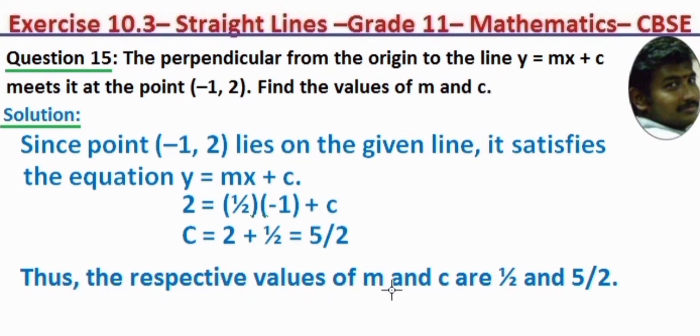Hope you understand how to solve such kind of problem. Here, by using the two given points, we have to find the slope. It said perpendicular, that's why another slope you need to find. That slope is applicable for the given equation. Then we apply that value and the given point in the general equation, and we get the required value of c also. First we get the slope and then c, the y-intercept. Isn't it? Hope you understand.